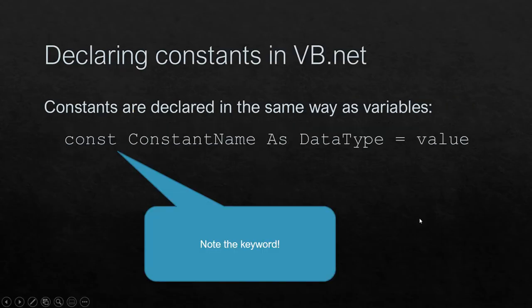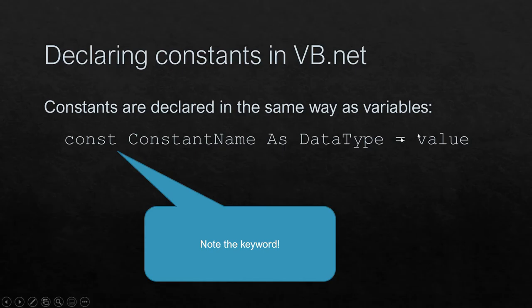Now, to declare a constant, you declare them in a very similar way to the way you would declare a variable if you're using the Visual Basic language. So the only big difference is that we use the keyword const instead of the keyword dim. Dim is short for dimension, and the way that I like to think about it is it defines the dimensions of the variable, whereas const simply says this is a constant,